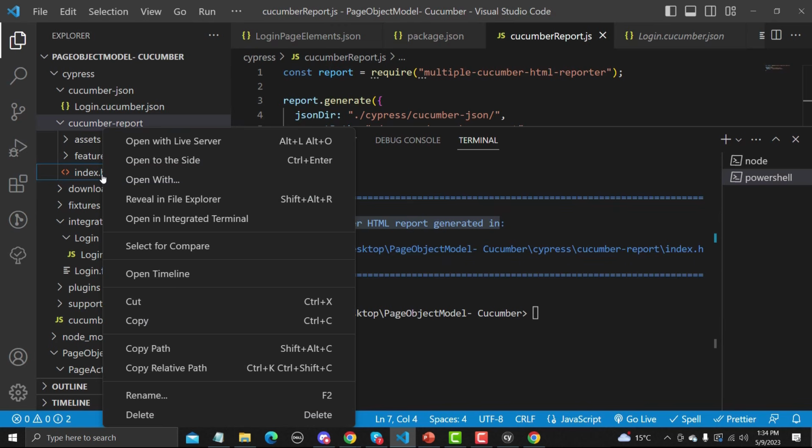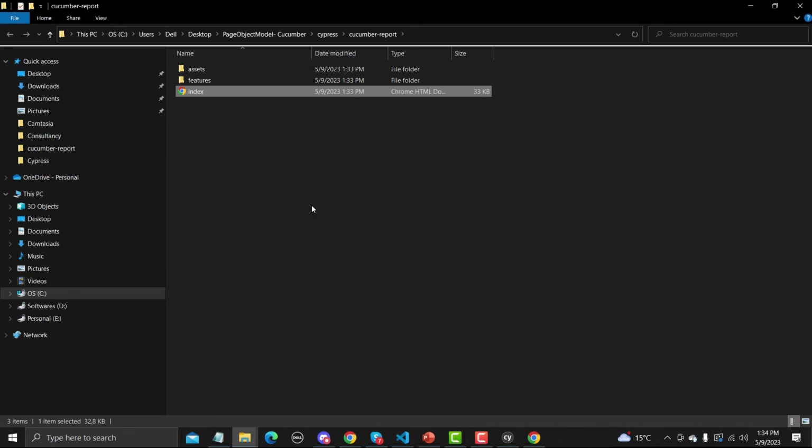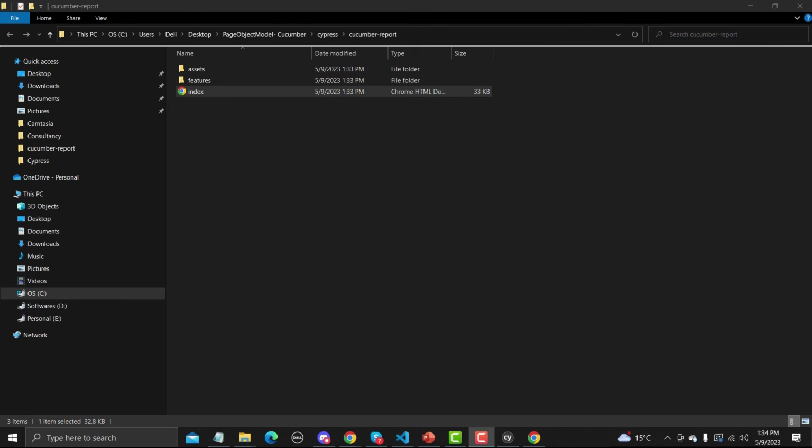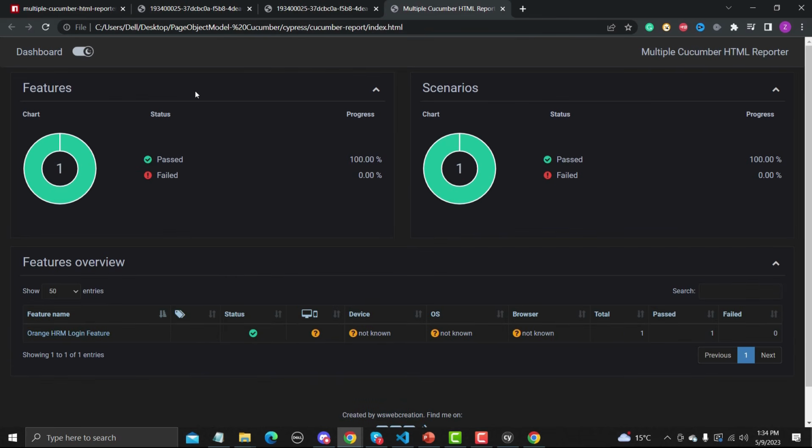Now if you want to run this file, because it's an HTML file, you need to have a live server, or simply right click on this one, go to reveal in file explorer, and here you need to open this file. Now simply double click on this one, and here you go.